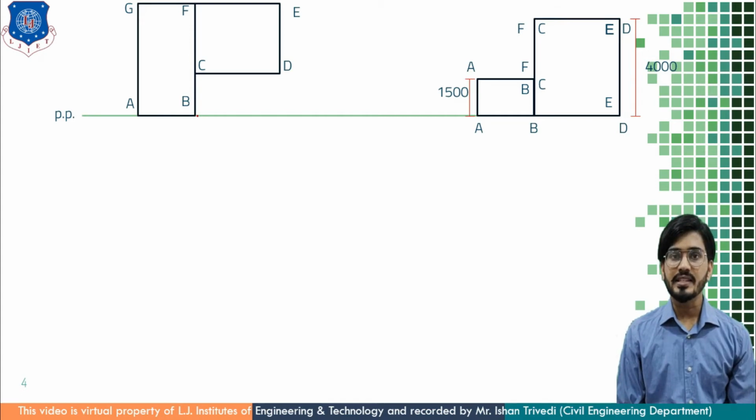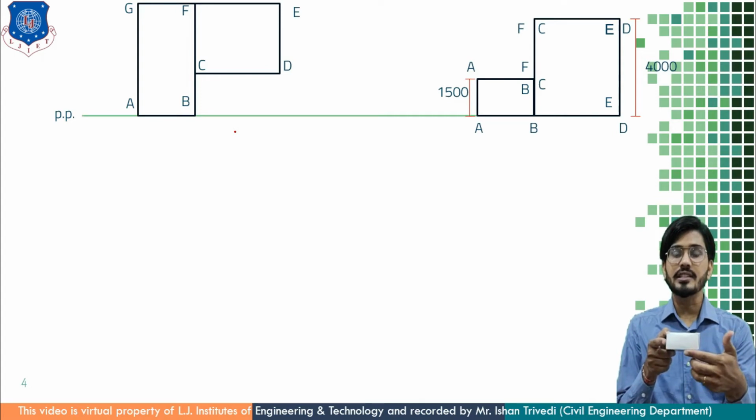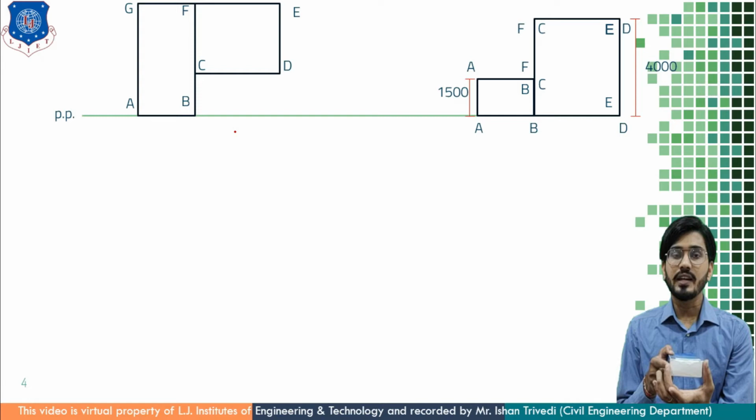As our problem statement says, AB is resting on the picture plane. That means AB is parallel to the picture plane. And we have studied in the concept of picture plane and perspective drawing that any element or point resting on the picture plane will be of its true size. So here AB is resting on the picture plane, so the height of AB is the same as given in the problem, which is 1.5 meter.